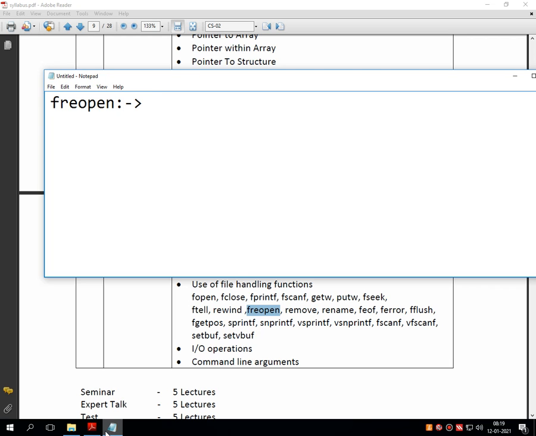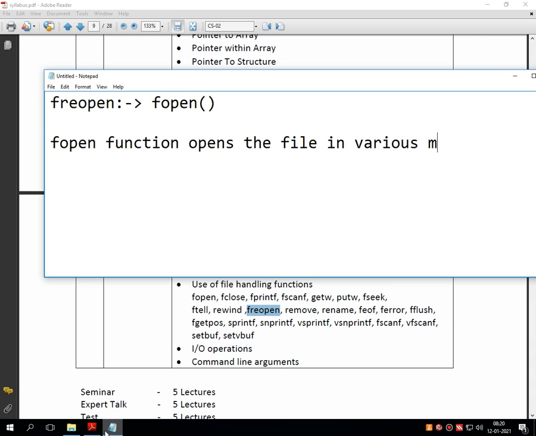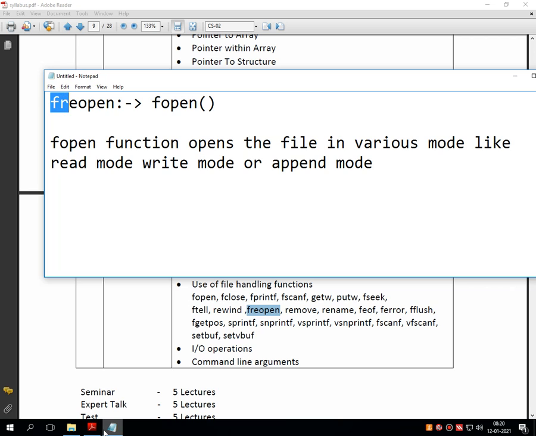Again, this function is similar like fopen function. We know that fopen function opens the file in various mode like read mode, write mode or append mode. So this freopen